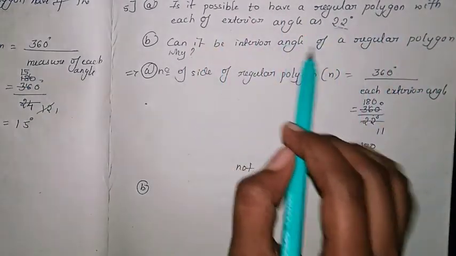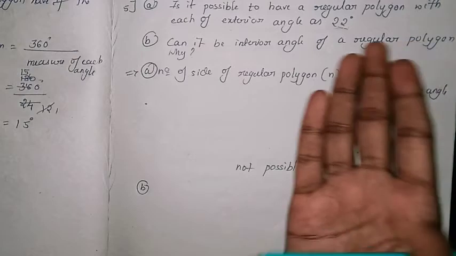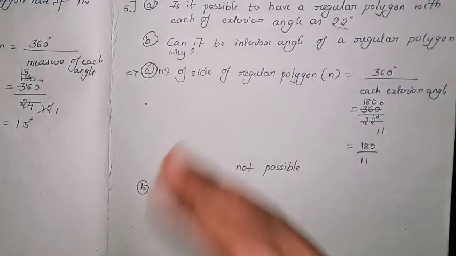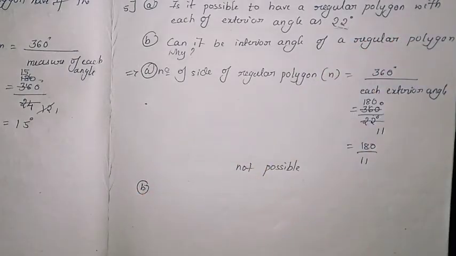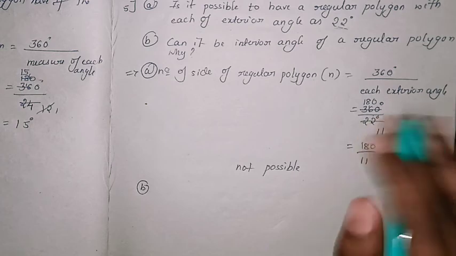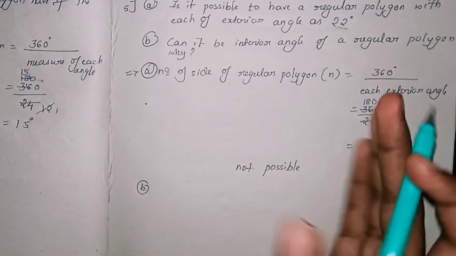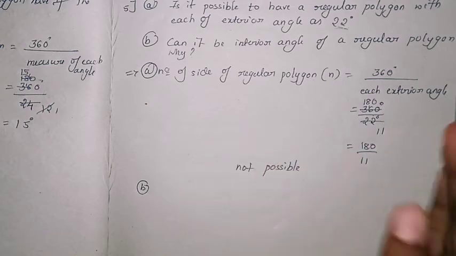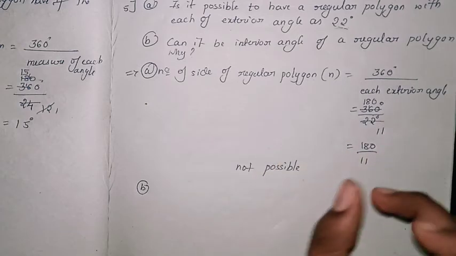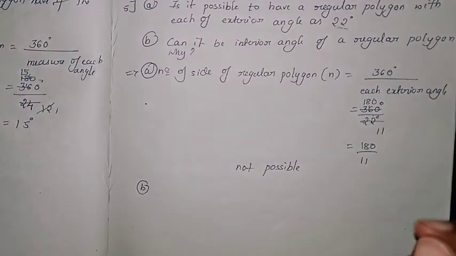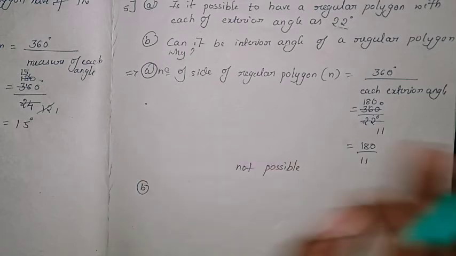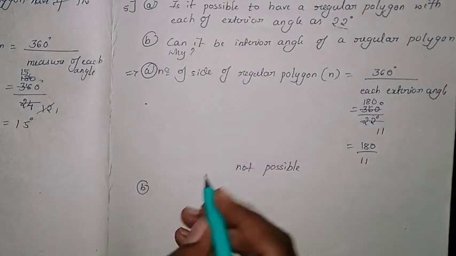When you find the interior angle, if the sides come out exactly, then you can say that it is a regular polygon. If the sides are not equal, you have to follow the same method, same process. And if the sides are not dividing, meaning you do not get a proper divided value, then it is not a polygon. That you have to find here.